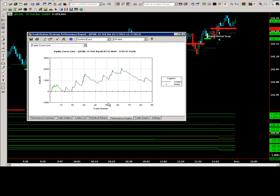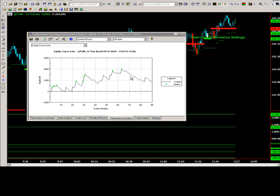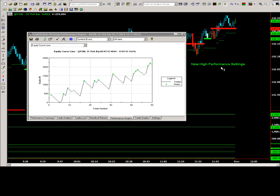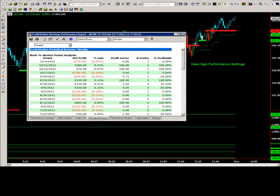But then because we kept analysing the days of the week, we went in and said, right, we've got some new performance, we've got some new settings here because we're monitoring the days of the week, and we're able to exclude a lot of the days that were not performing well and still maintain a good result on the system. So we took the system from a drawdown to start actually making some money. I think it had a 180, then it went to $75, then 580, and then this week it's down 75. But it's starting to come back and trade and perform as we would hope it would on the 55 tick. Now the system number